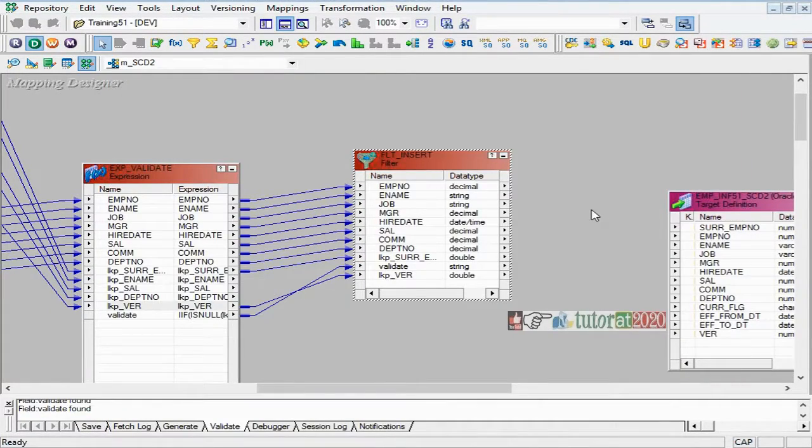So both have to be inserted. So I've taken new and changed records. So when I'm inserting all these records, what are all the things I'm supposed to do?